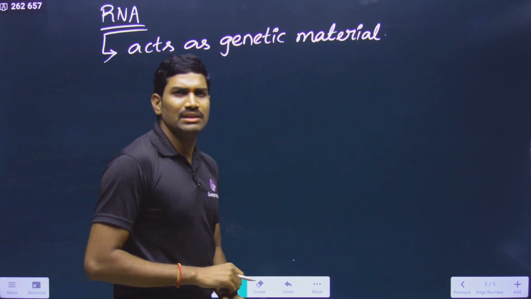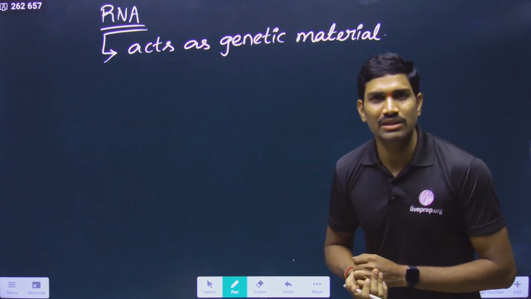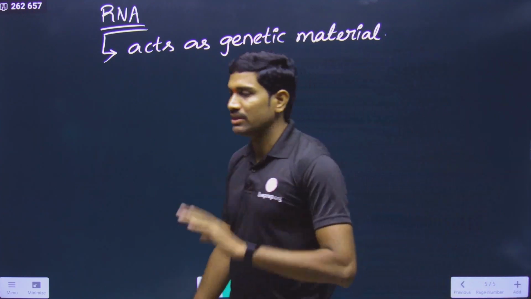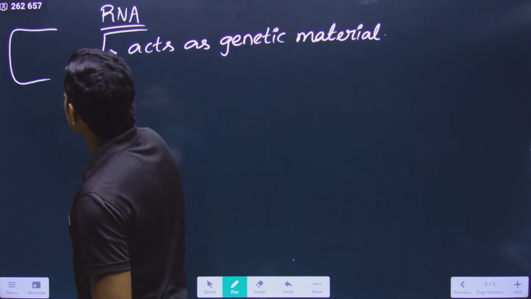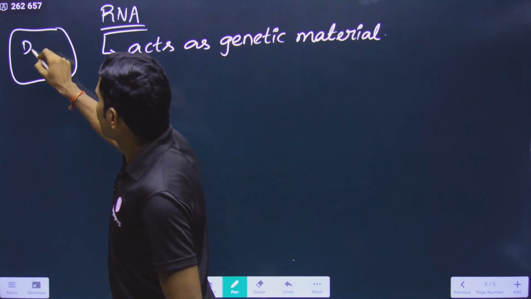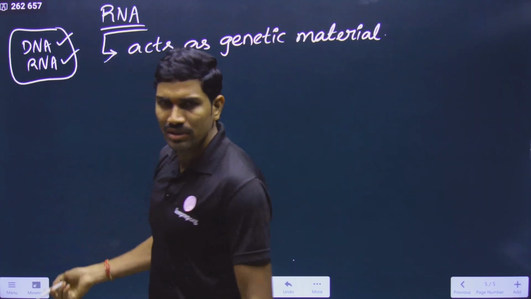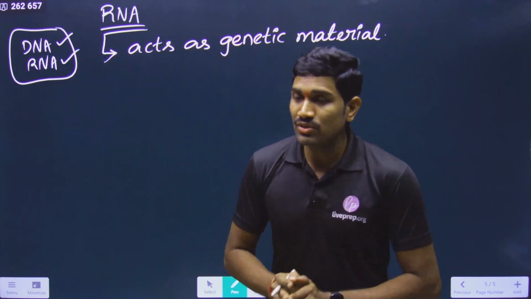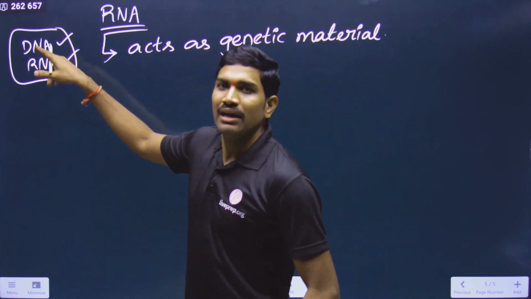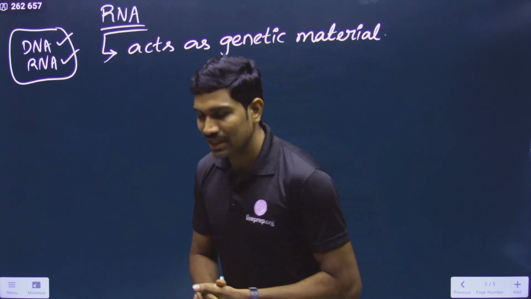Where will it act as genetic material? Can it act as genetic material in the 5 kingdoms? No. There DNA is already acting as genetic material. Based on this logic, I am asking you one question. Listen very carefully. Let us take a human cell, that is easy for our understanding. A human cell has DNA. Human cells also have RNA, different types of RNA. In general, if a cell naturally has both DNA and RNA,